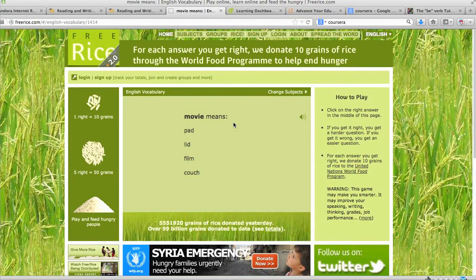FreeRice, if you haven't used with students, boy, it's great with young kids. I mean, grade 4 on up. They just need computer access. I think you can do this with an iPod as well. And it started off as one parent's attempt to help his child increase his vocabulary for SAT prep. But there are other subjects as well,